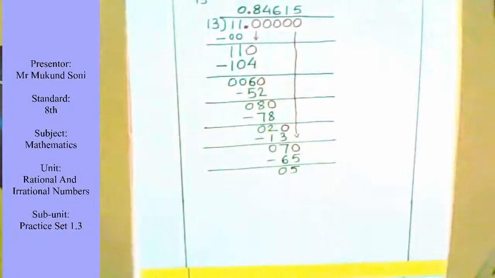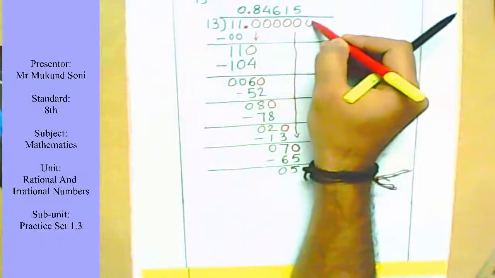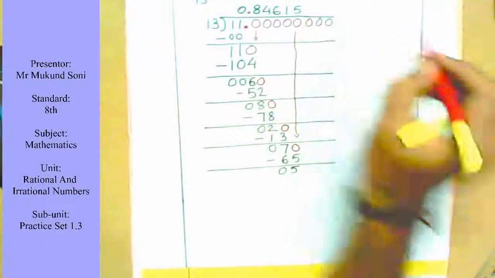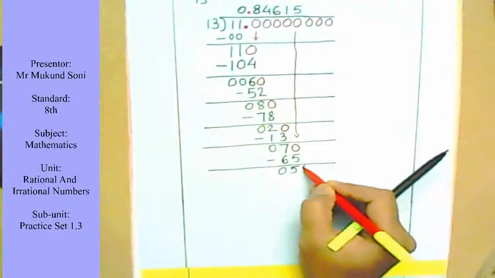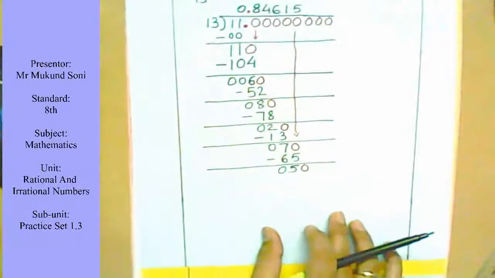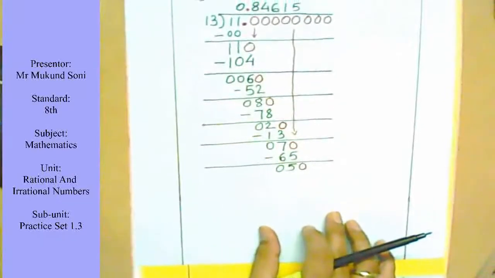There is no end for my remainders. Then what should I do? I don't have any more zeros. Then, as I said earlier, you can choose as many zeros as you want. So I can have 3 zeros more, 2 zeros more, it's up to you. And then you can have more zeros for your further calculation. You took the 0. Then let's go for the calculation ahead.